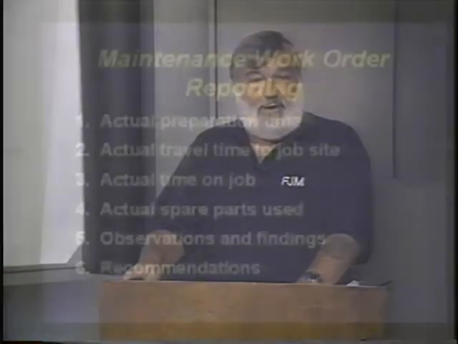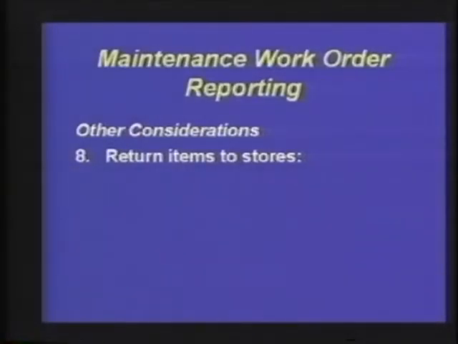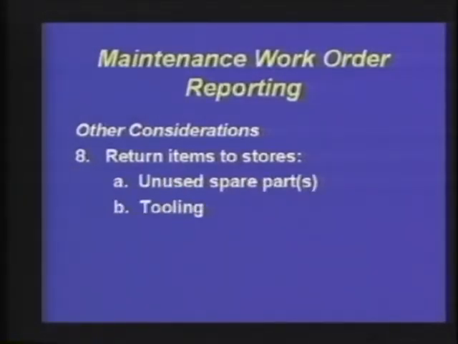We have observations and findings by the craft person or persons, the recommendations for operating improvement, and an actual time from the job site. And in this case, I have eliminated that contingency for delay for this particular section within the storeroom program. Then other considerations would be number 8, return items to stores: unused spare parts, tooling, equipment, and